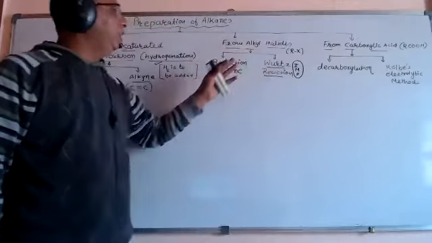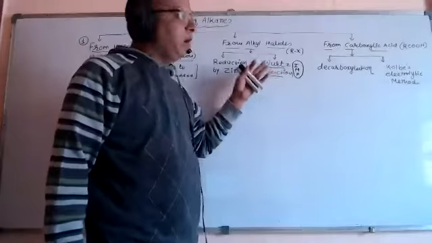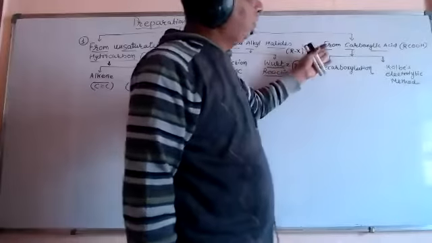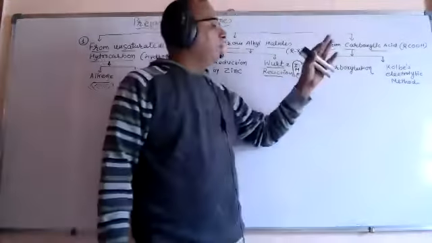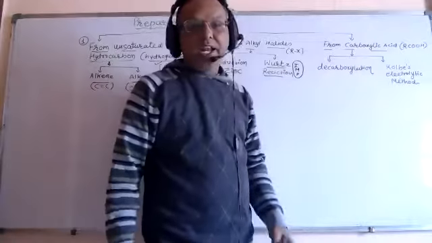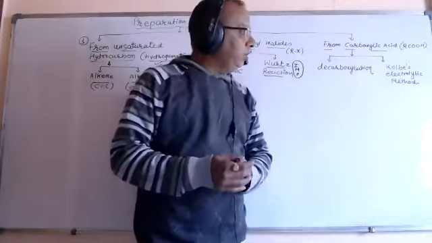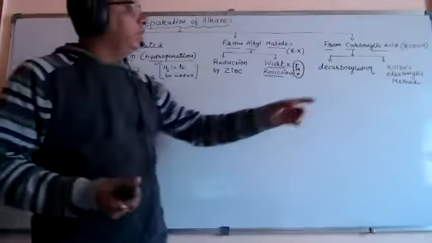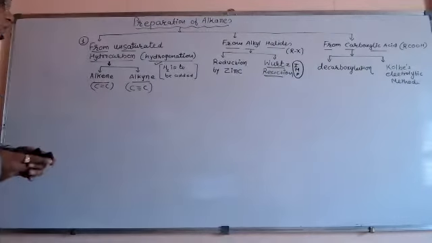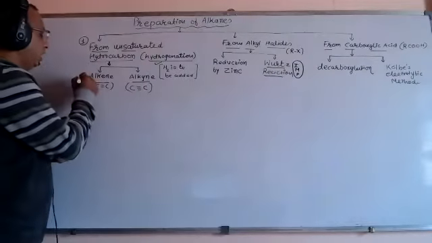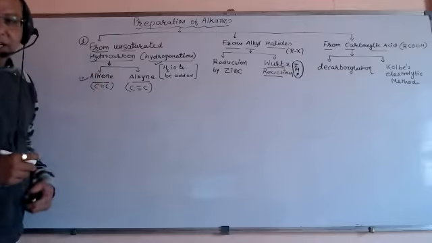Alkyl halide can be reduced by zinc like metals to alkane, and Wood's reaction is also there by which alkane can be obtained from carboxylic acid. If we go for decarboxylation, alkane can be obtained, and the electrolytic reduction method is Kolbe's method by which also alkanes can be obtained. Here we are going to learn first how alkane can be obtained from alkene and alkyne.